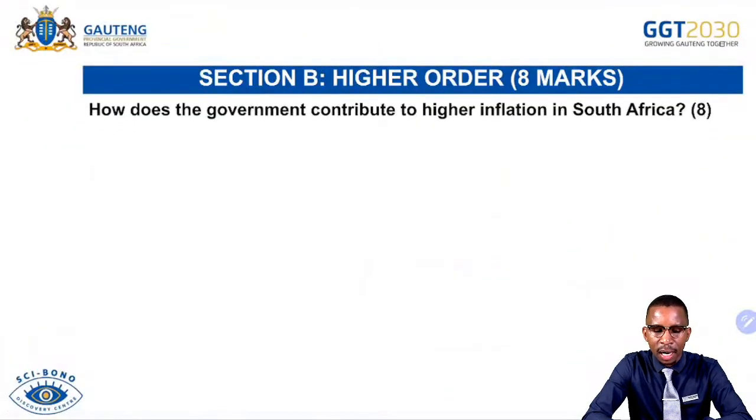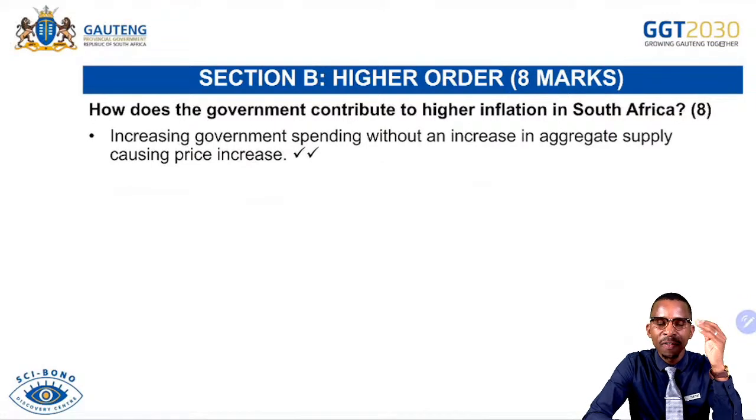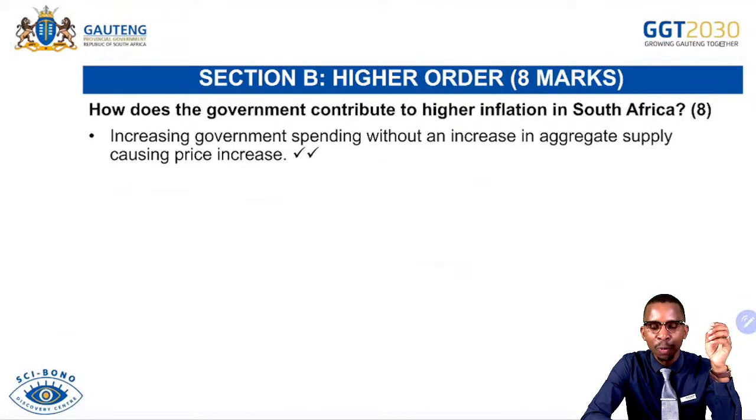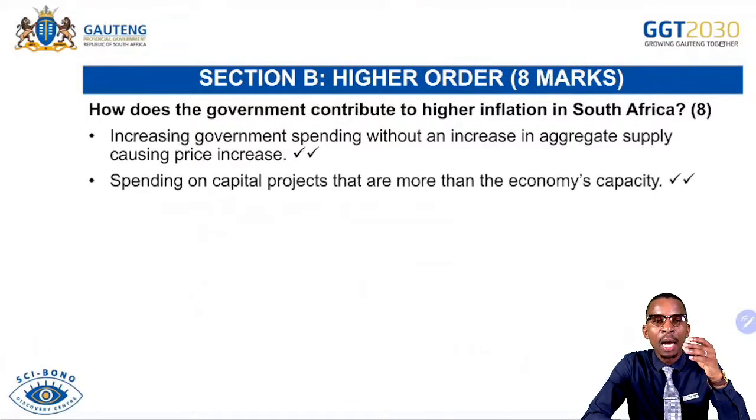And then, how does the government contribute to high inflation in South Africa? Increasing government spending. We know that if ever the government increases its spending, there will be more income available, or money flow, then there will be more demand for goods and services. So that will lead to demand increasing more than the supply. Spending on capital projects that are more than the economy's capacity. So when they spend on the project, that will allow more multiplier and more income and more demand for goods